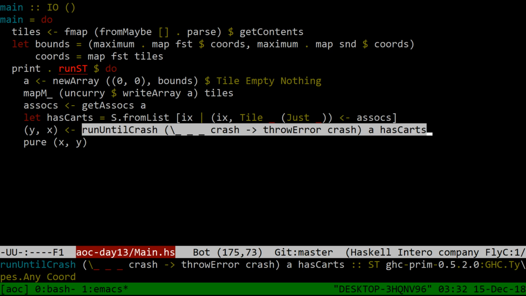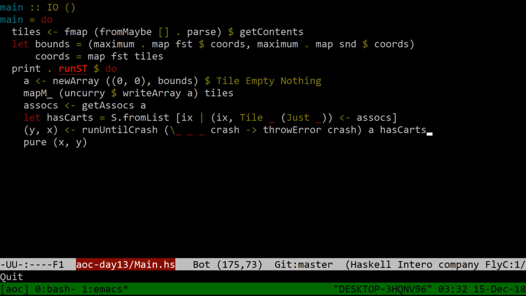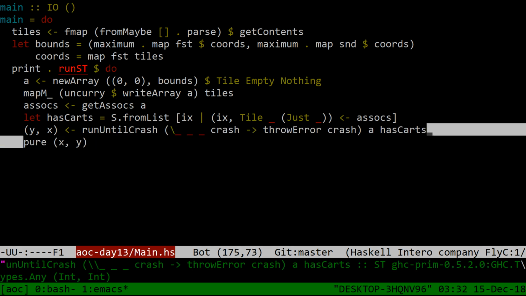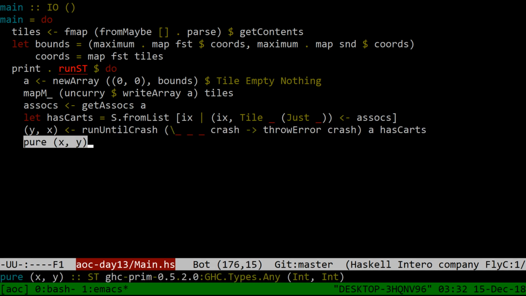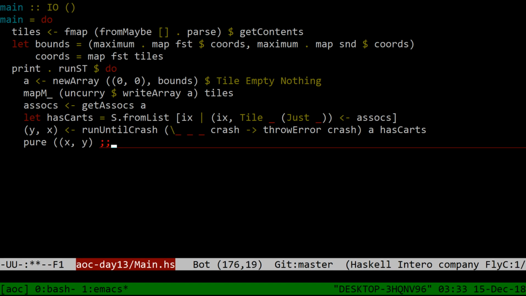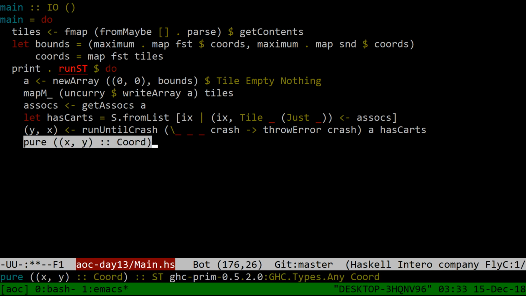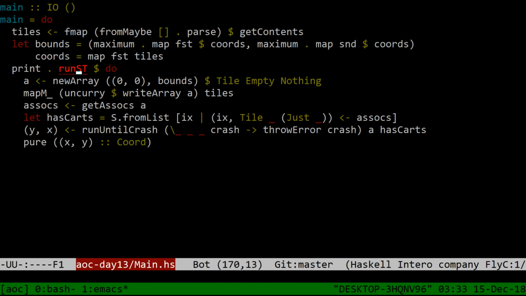Run until crash, ST of any, and a single coordinate. So like, all of these... wait, why doesn't this have a type? There we go. Has ST of any pair of int, which is a coordinate. Right? Like I can say this and you'll still be perfectly happy. ST any coordinate. But for some reason this run st